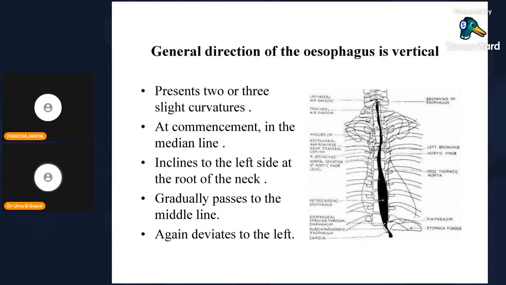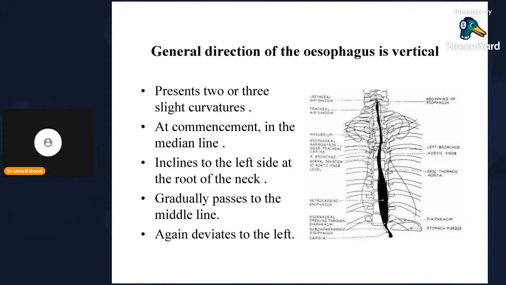The general direction of the esophagus is vertical. What are the curvatures you can see related to the esophagus? There will be 2 or 3 slight curvatures you can see vertically. At its commencement, at the pharyngoesophageal junction, it is slightly in the median line. It inclines to the left side at the root of the neck, gradually passes to the midline again, and again deviates to the left as it pierces the diaphragm and passes down to open into the cardiac orifice of